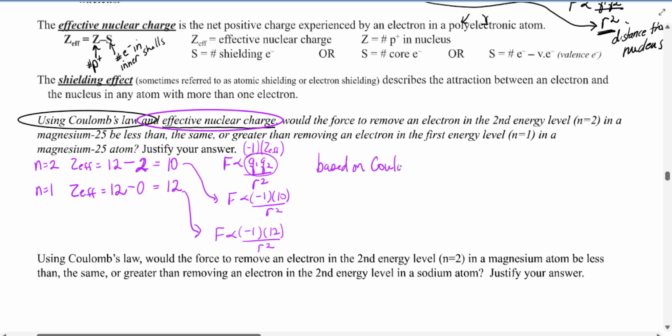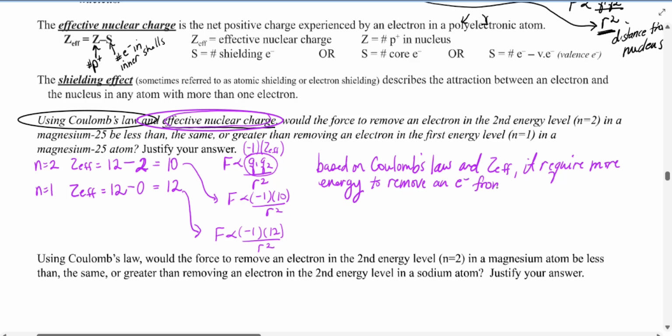So based on Coulomb's law and effective nuclear charge, not distance from the nucleus, but effective nuclear charge, and you can use Z sub EFF as shorthand for effective nuclear charge. AP knows what that means. It would require less energy, or would require more energy, either one you want to say, depending on which one you're looking at. We're going to say it requires more energy to remove an electron from energy level 1 than energy level 2,